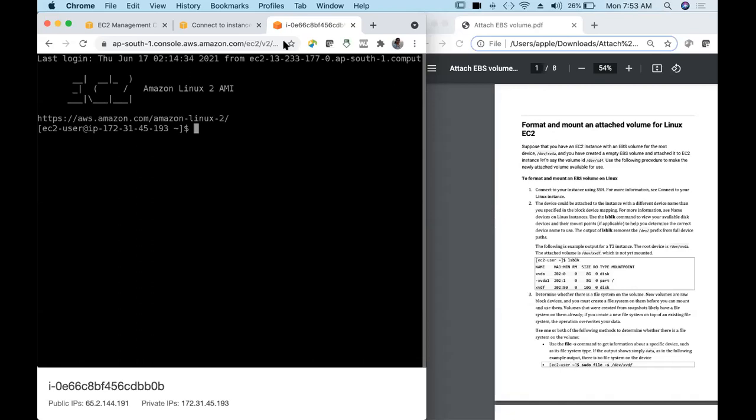Okay, let's start. You have to connect to your instance. The first thing is you can log in as root user, or you can also execute these commands as a regular user, but let's log in as root user. Sudo su hyphen is the command, or sudo hyphen i. Anything is fine. You will be logged in as root user.